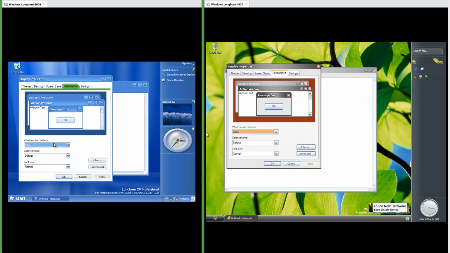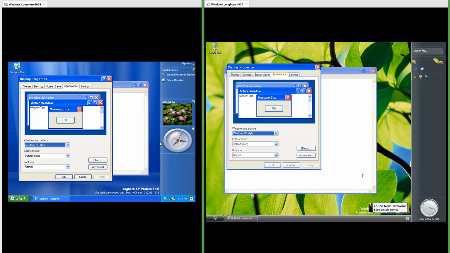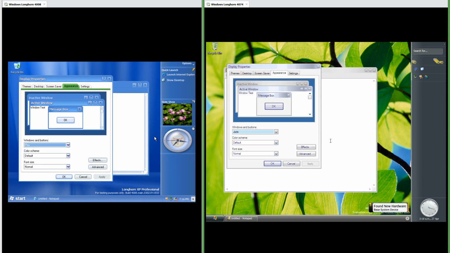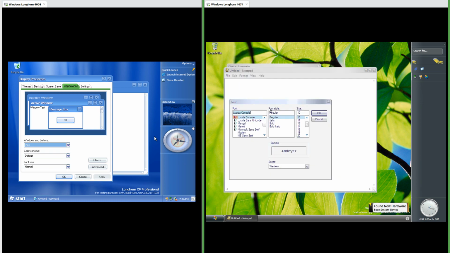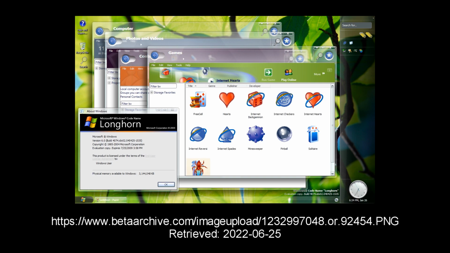4008 has what is called the Plex theme and 4074 has what is called the Slate theme. In addition to Slate, Luna, and Classic, 4074 also has a Jade theme. The Jade theme has a silver title bar with a gradient. The minimize and maximize buttons are down and up arrows rather than a line and a square. The menus have a blue shiny highlight and the buttons are shiny. In 4074 I think the Jade theme is supposed to have transparent title bars.